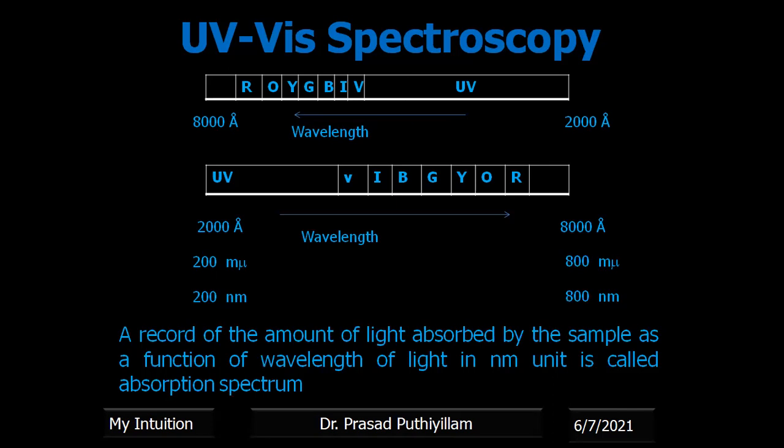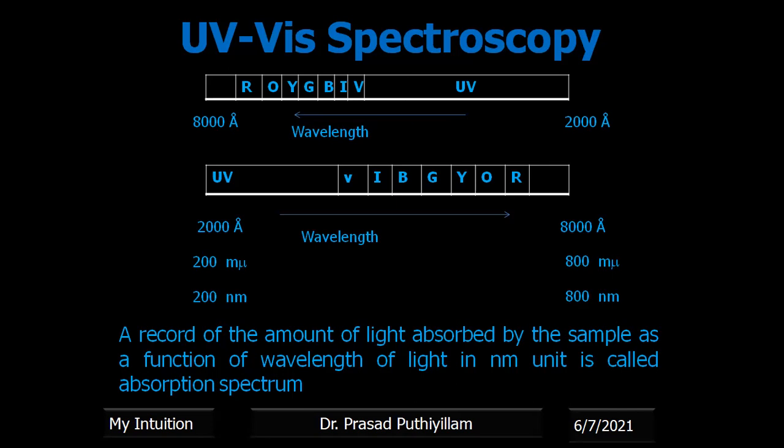When we record the amount of light absorbed by a sample, it is an absorption spectroscopy. That means light is absorbed, and some light is transmitted. The instrument will record how much light is transmitted with reference to a reference light, the same light which is passed. Based on how much light is transmitted, absorbance is measured, and that is used to give the spectrum, and by looking into the spectrum we analyze the sample.